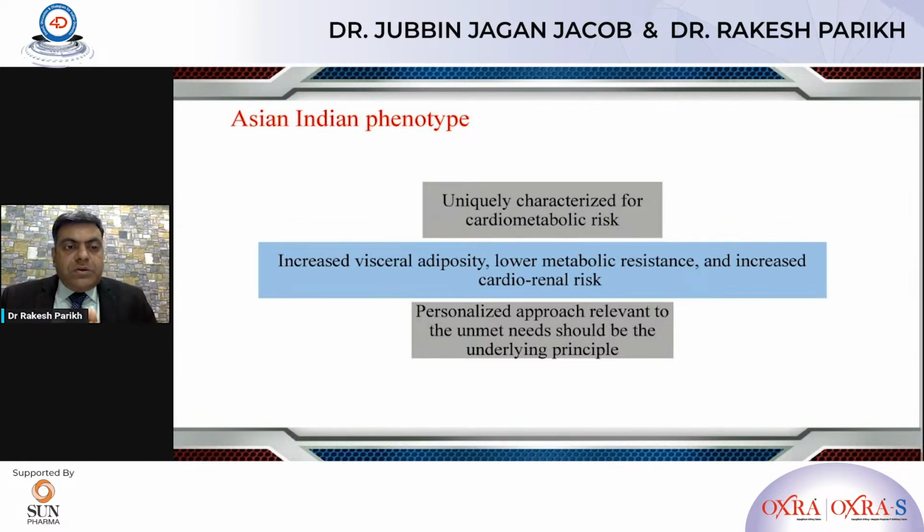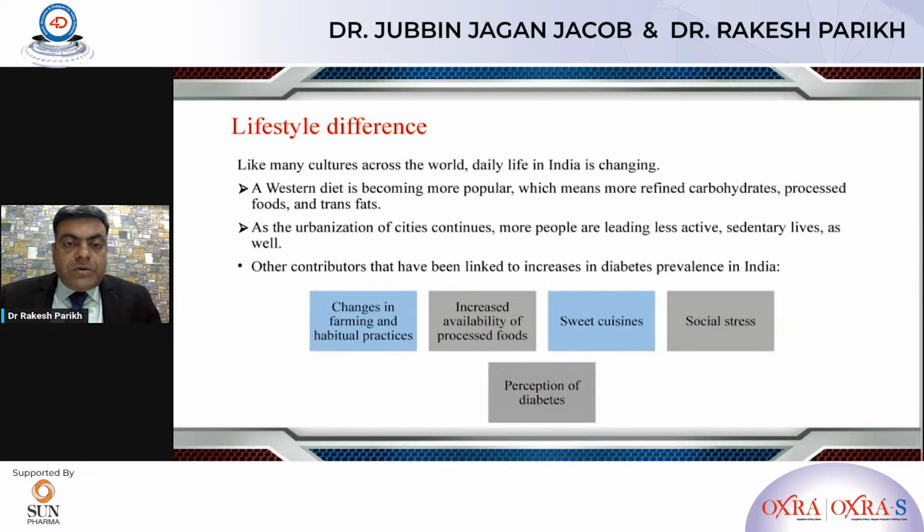So rather than being glucocentric about controlling the blood sugars alone, now we need to think about the interventions through which we can reduce the risk of these cardiorenal complications in our patients. Next slide, please. Now, there are several reasons for that. Genetic reason is one of them,